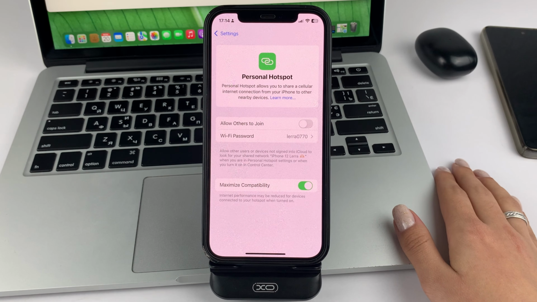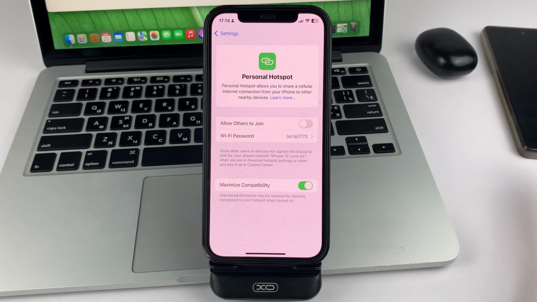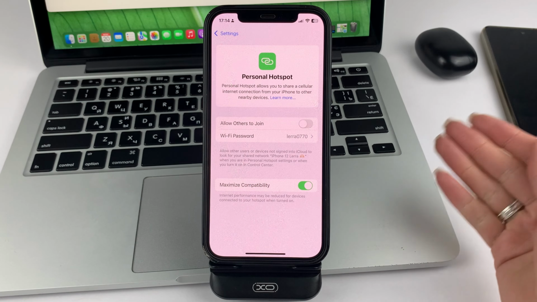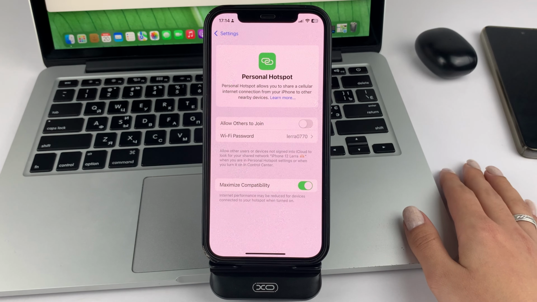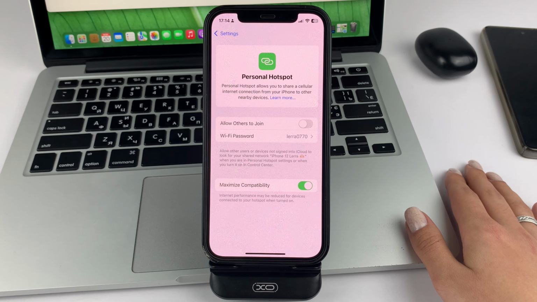And I want to say right away that this option is not available on all iPhones. If this option, Hotspot, is available on your mobile package, then it will be inherent in your menu and you will be able to enable it. If it is not provided by your carrier, you will not be able to activate it, unfortunately. But now in many cases, this option is available.